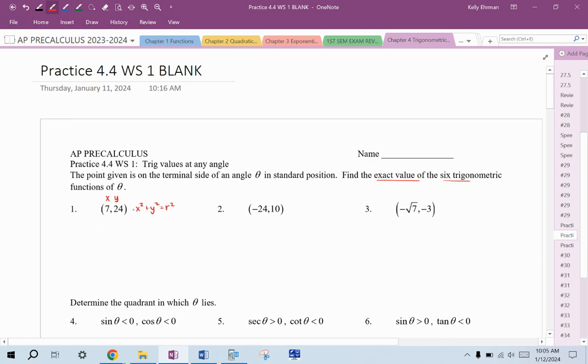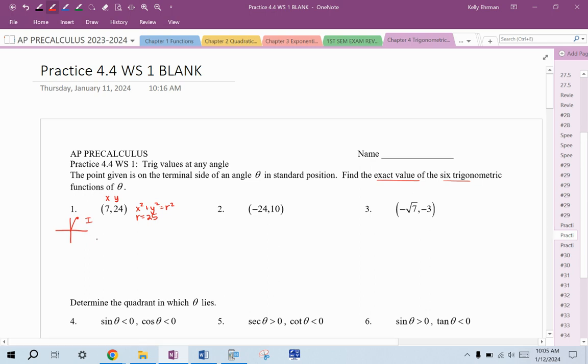This is a Pythagorean triple, 7, 24, 25. So r comes out to 25. You can save yourself some large number computations there. For all the problems where you're given an ordered pair, it is a good idea to plot the ordered pair. 7, 24 is in quadrant 1. Okay, so the reason that's important is because it'll help me figure out maybe what's positive, what's negative, if I